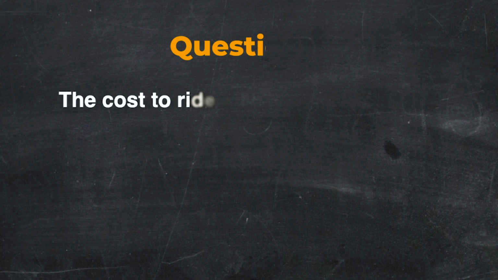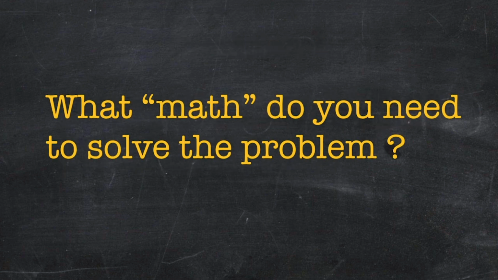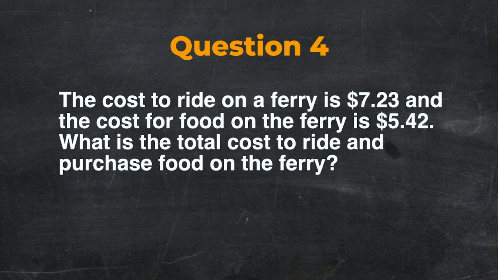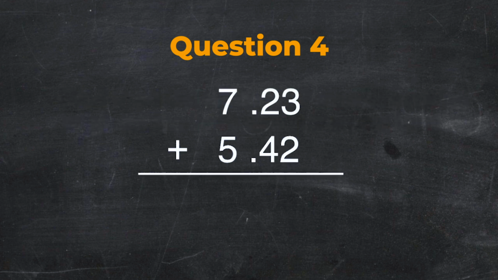Question 4 reads, the cost to ride on a ferry is $7.23, and the cost for food on the ferry is $5.42. We want to find the total cost to ride and purchase food on the ferry. Now, what math do we need to solve the problem? First, we need to find the total amount of money needed to go onto the ferry and purchase food. $7.23 is added to